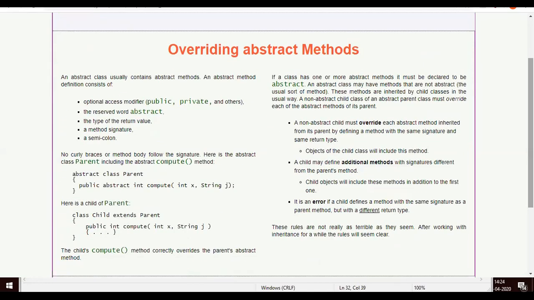Right. Then let us come to the concept of overriding abstract method. You know already what is meant by overriding. Overriding means providing multiple methods with the same signature in the superclass and in the subclass.